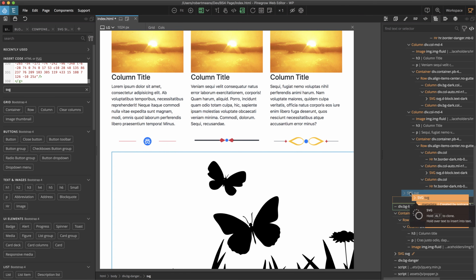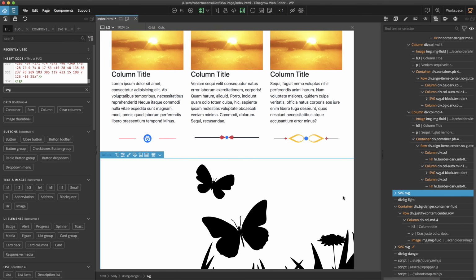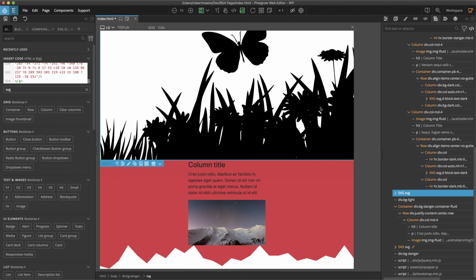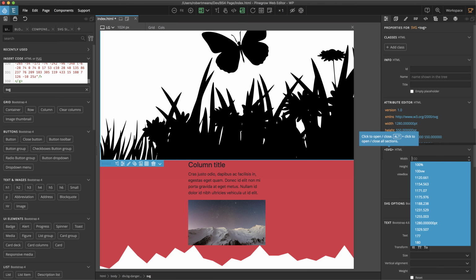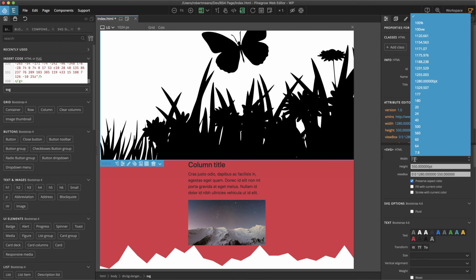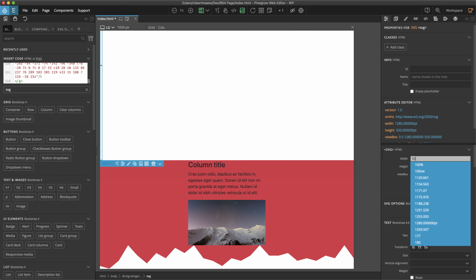I think it's got to be one more out. So now we have this huge SVG up here that we're going to want to make a little smaller. So again, we're going to go into the element properties with the SVG selected, and we're going to go ahead and change the width. In this case, I think we're going to do it a little differently. So